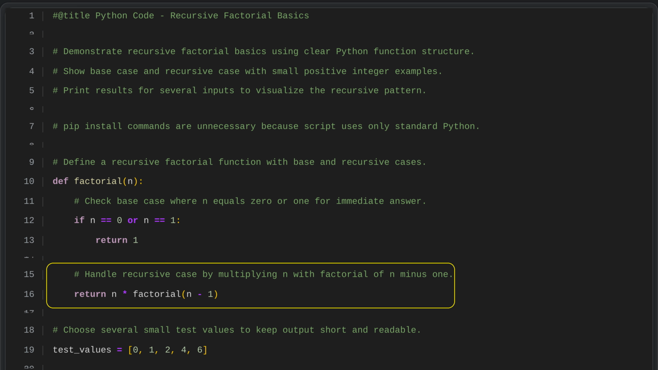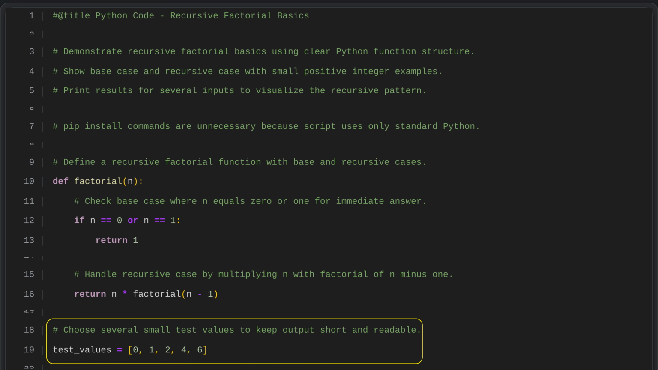In this step of the factorial function, we handle the recursive case by multiplying the current number by the factorial of that number minus 1. The function keeps calling itself with smaller and smaller values until it reaches the base case, where the input is 0 or 1. At that point, it returns 1. By chaining these multiplications together, the function builds the factorial as the product of all the integers from the original number down to 1. We will use a small list of test values, specifically 0, 1, 2, 4, and 6,